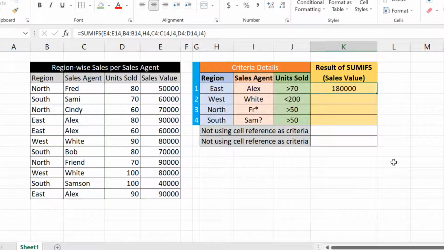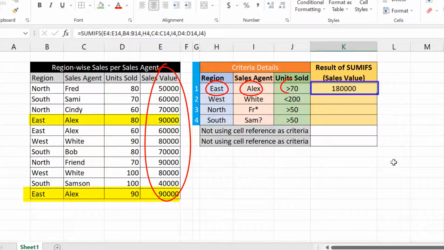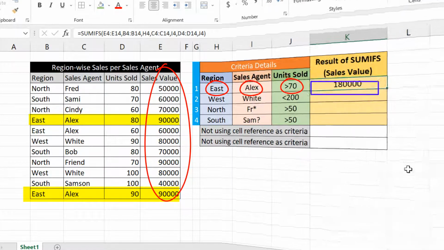So in cell K4, you get the sum of sales in East region by sales agent Alex, wherein the units sold are more than 70.